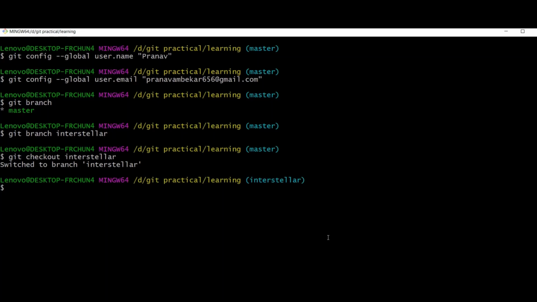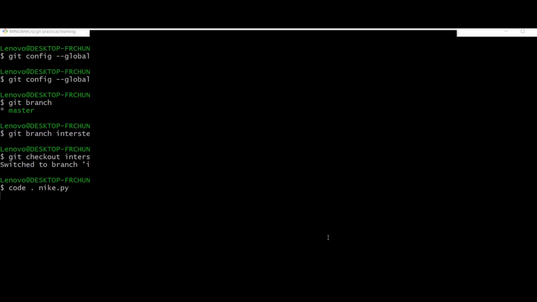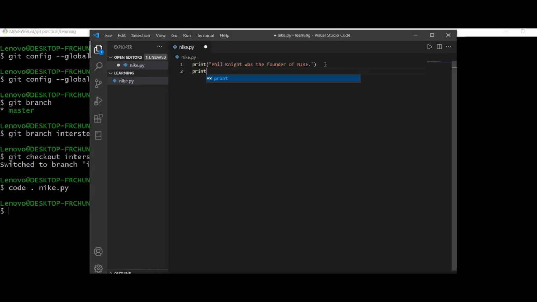Let's open the file nike.py. You can open with any editor which you have. And let's add print his memo Shoedoc is a staggering book.